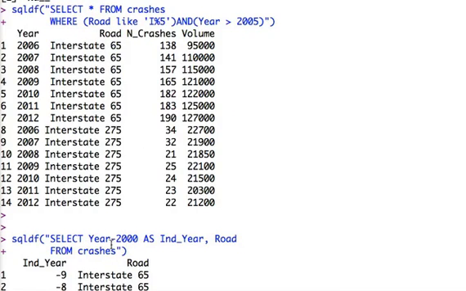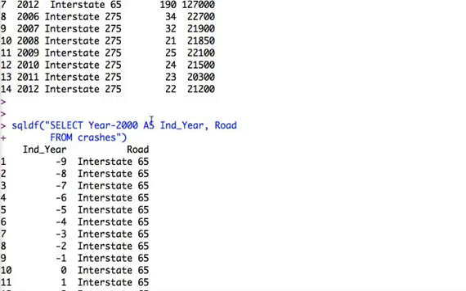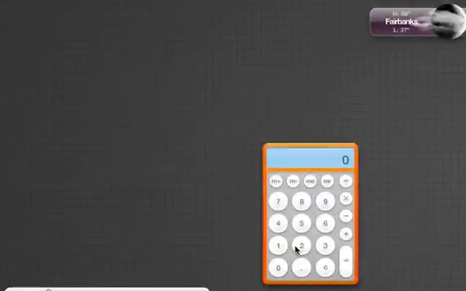It's essentially, you can put as many variables as you want. You just do math on the variables. You say "as" to name them, and so that's indexed year now. So I'm having this index year variable and road variable. By the way, when you look at the handout that goes with this, which will be in the course materials,